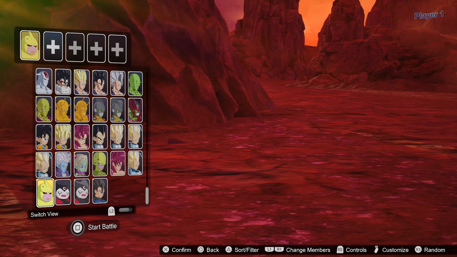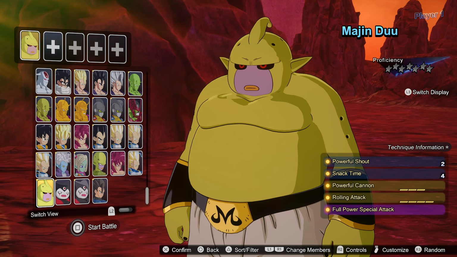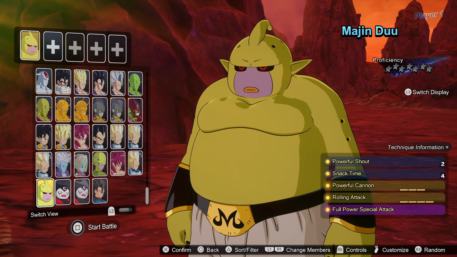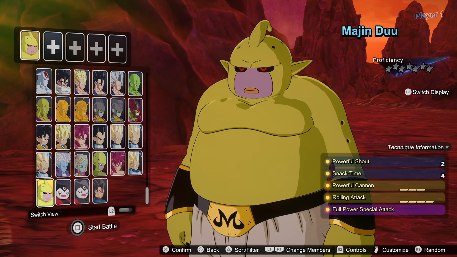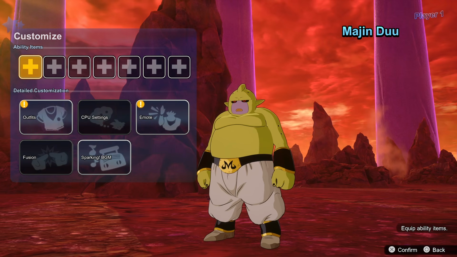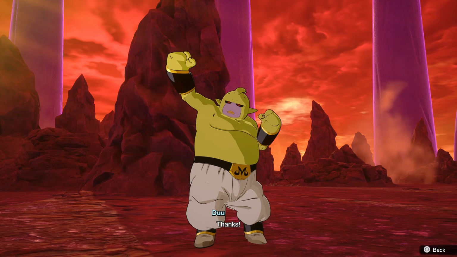Next, we have Majin Du. So, he has that Super Saiyan 3 transformation. However, it's going to be integrated within one of his attack cutscenes. We can't necessarily play as a character or transform into it. Powerful Shout, Snack Time, Powerful Cannon, Rolling Attack, Full Power Special Attack. And as for this character's emotes...